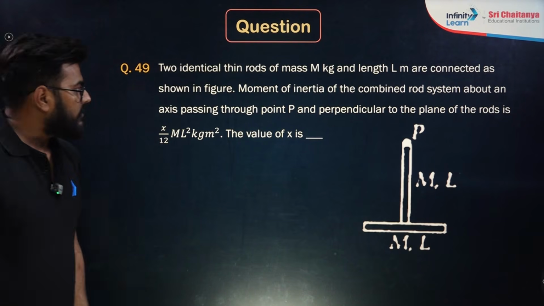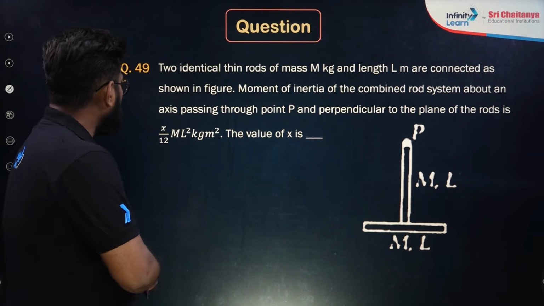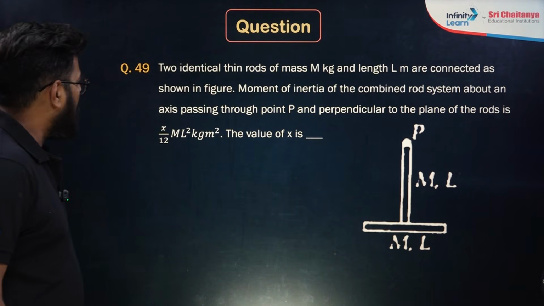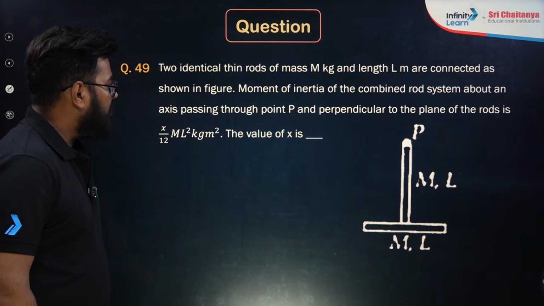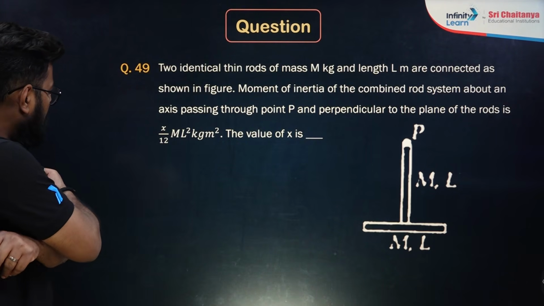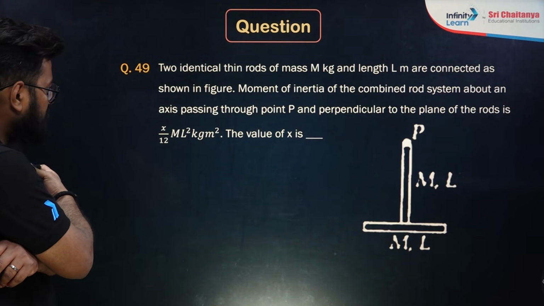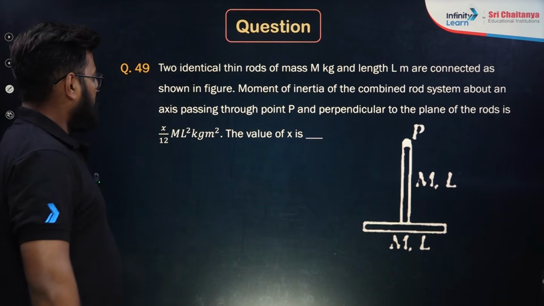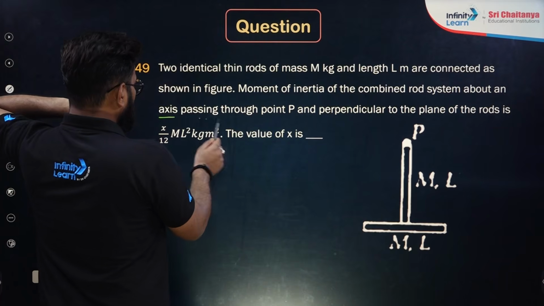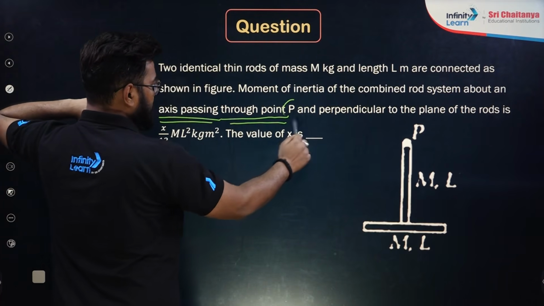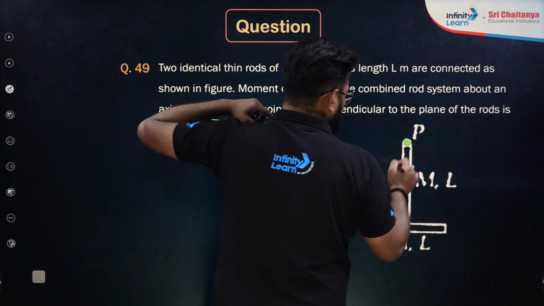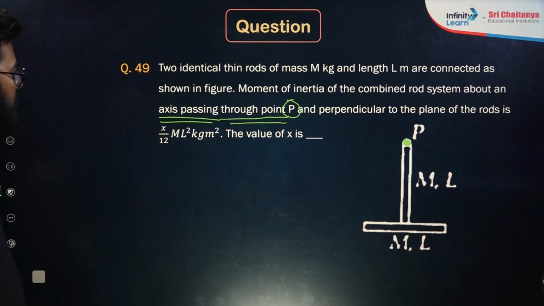Two identical thin rods of mass M and length L are connected as shown in the figure. The moment of inertia of the combined rod system about an axis passing through point P and perpendicular to the plane of the rods is x by 12 ML square. The value of x is? So what is going to be the moment of inertia of the combined rod system about an axis passing through point P, passing through this point over here